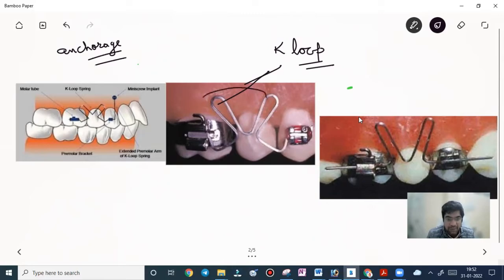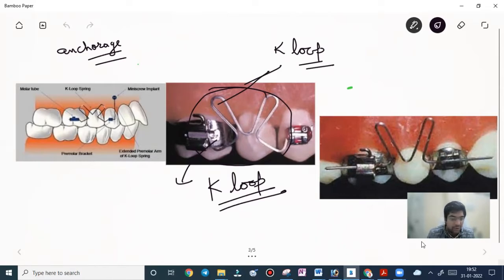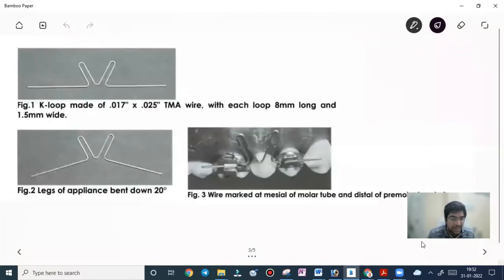This question was asked in your AIIMS entrance exam: identify the figure. So this was the K loop. Remember it from your INI-CET examination point of view. Now, what is this K loop made up of? Remember, it is made up of 0.017 by 0.025 inch